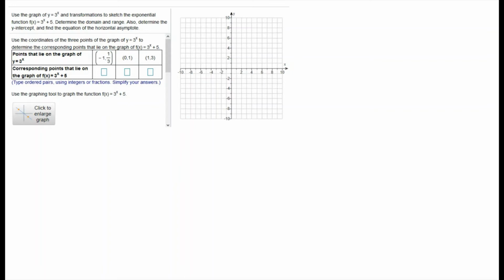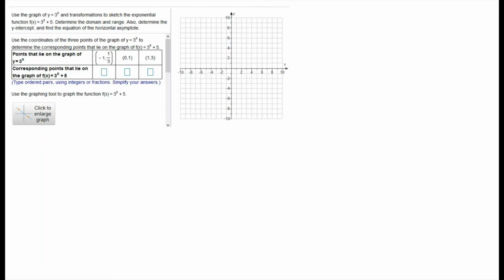The next question says, use the graph of y equals 3 to the x and transformations to sketch the exponential function f of x equals 3 to the x plus 5. Determine the domain and range, also determine the y-intercept, and find the equation of the horizontal asymptote. Okay, so we want to graph the equation f of x equals 3 to the x plus 5 by using